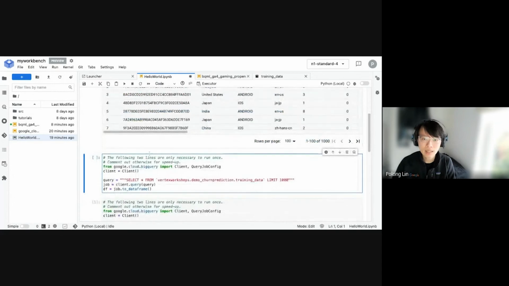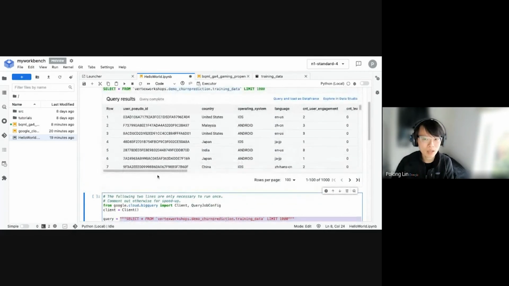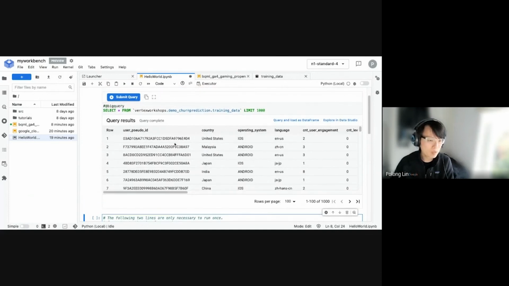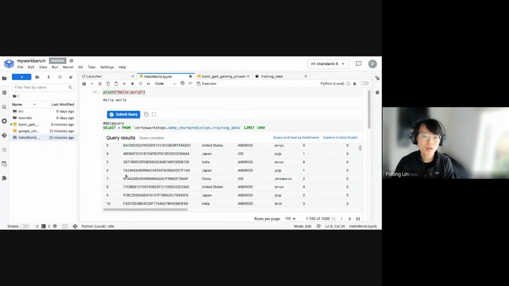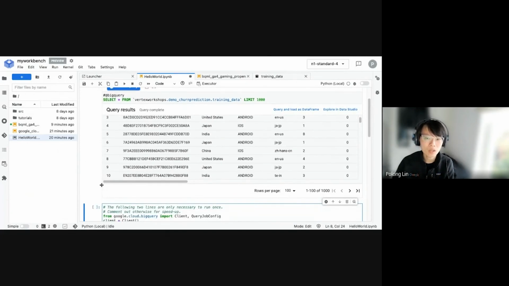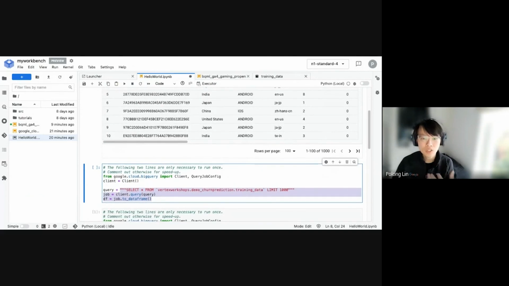And if I click that, it creates a new cell down below where it says from google.cloud.bigquery. Essentially, this is the Python client library. So now this is the Pythonic way of doing it. And the reason why you might want to consider doing this is, well, you may want to experiment, iterate a couple times, find the right schema or find the right data that you're trying to look for and pre-process. And then afterwards, once you've settled on something that you want to use more permanently, then you can convert that into this sort of framework in which you're using the Python client library to call your data in